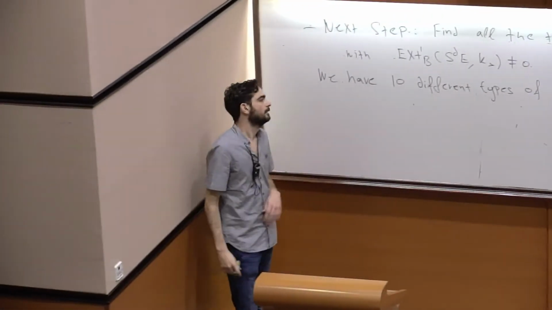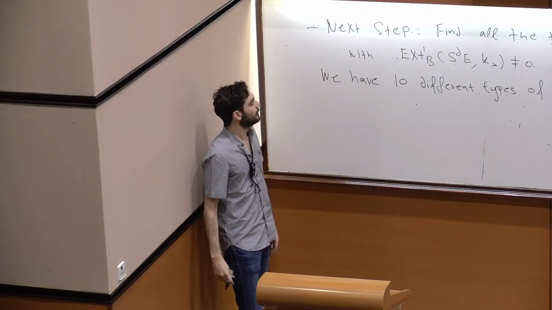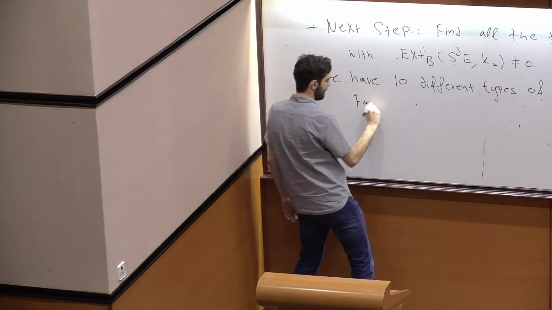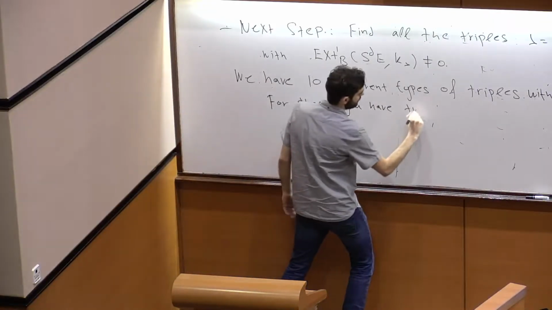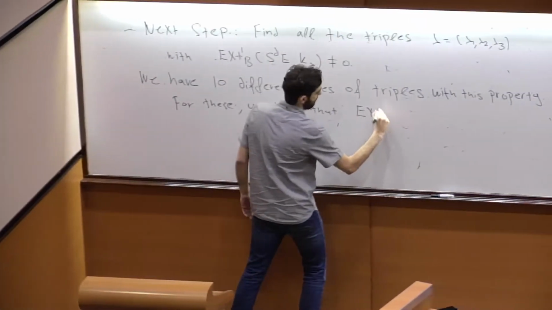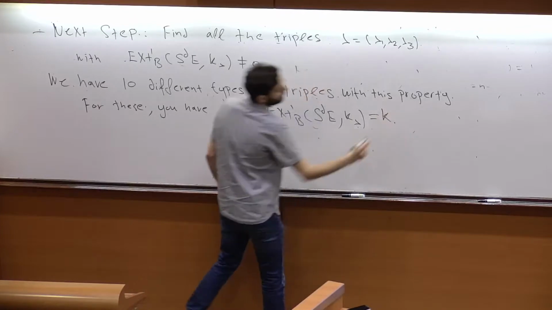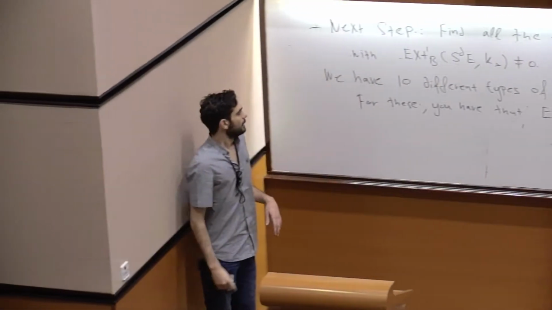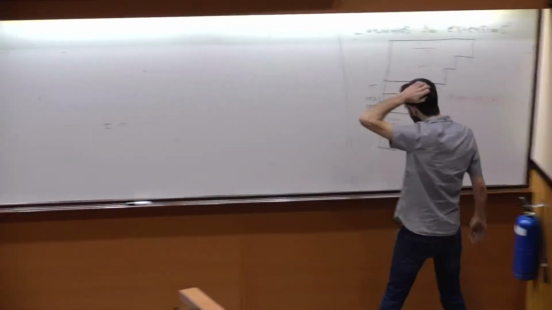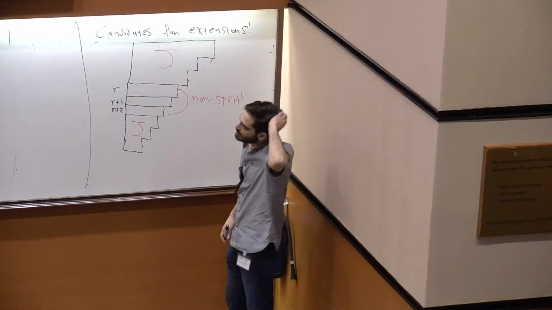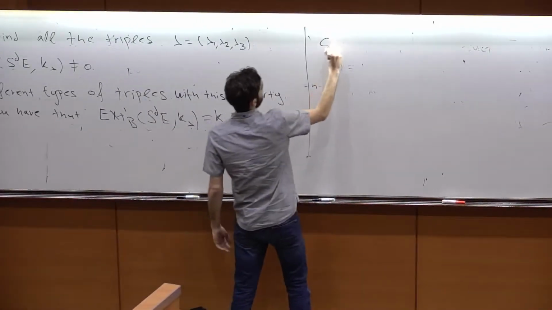And this, you can write them down precisely how they look like. And the good news is that for these, you have that this is K. So it's one dimension. And this is amazing because you start being very depressed for a partition that you don't know anything about. But at the end of the day, you have this corollary